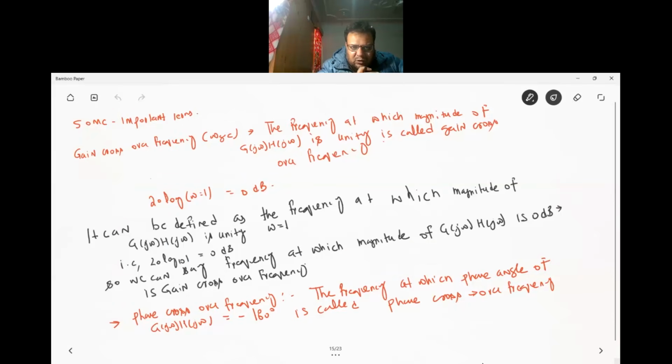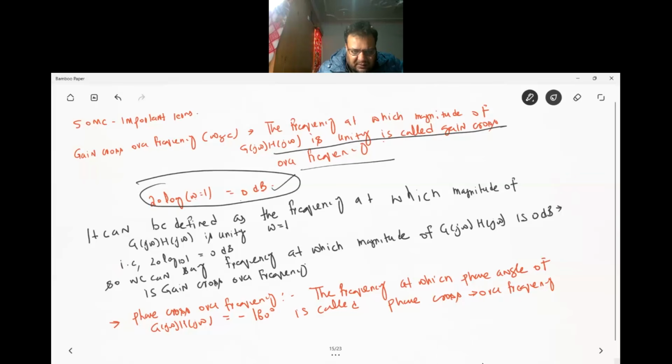Some important terms regarding the Bode plot is the gain crossover frequency. What does it mean? The frequency at which the magnitude of this is unity is called the gain crossover frequency. This is only possible when the magnitude would be 0 dB. The magnitude of G(jω) is unity, that is 20 log to the base 10 of 1, which is 0 dB. So we can say the frequency at which the magnitude is equal to 0 dB is called the gain crossover frequency. Now the phase crossover frequency: the frequency at which the phase angle contribution would be minus 180 degrees is called the